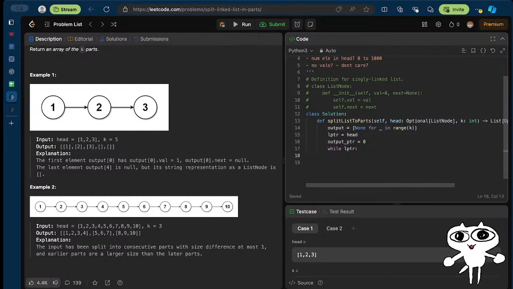Now I will simply do, if output at output PTR is None, then output at output PTR equals LPTR, right? You just have to say, hey, this is this, else